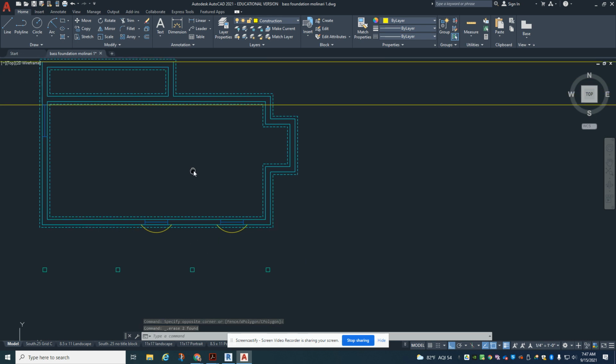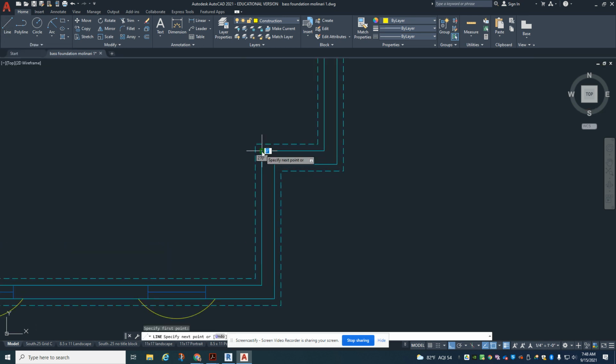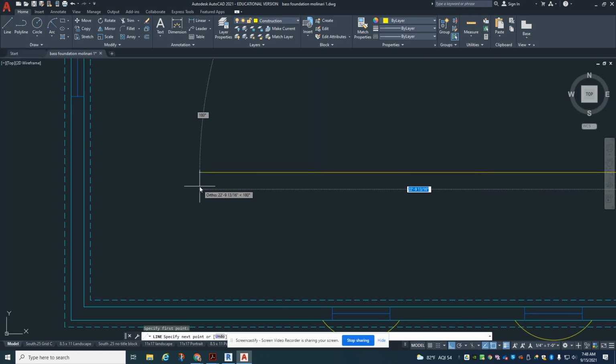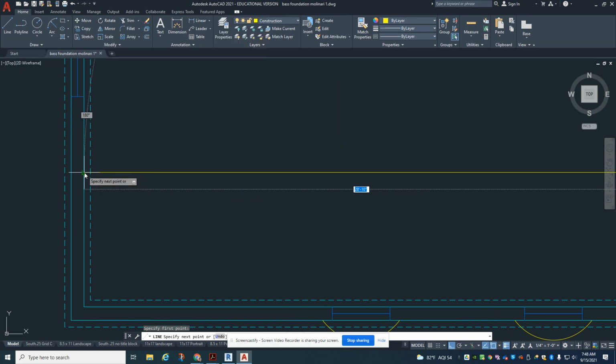The last thing we're going to do is the divide command. So I'm going to draw a line, and the line is going to start from this point right here, and it's going to come all the way across. Shift right click, greatest command in AutoCAD, perpendicular to here. We're going to type in the word divide, or you can go and grab it. The divide command, I believe, is right